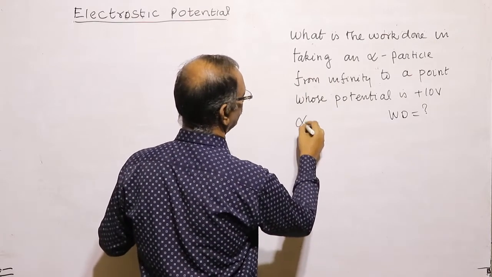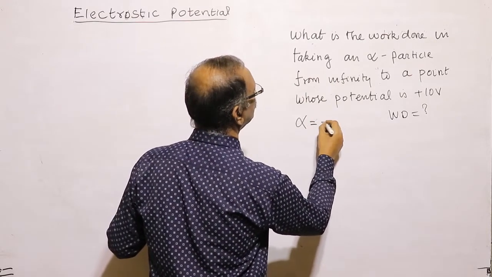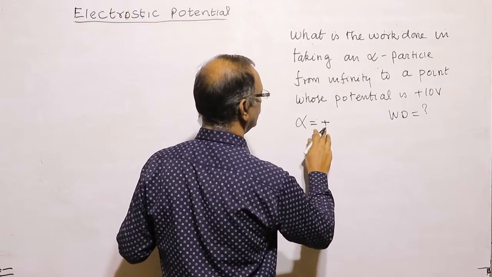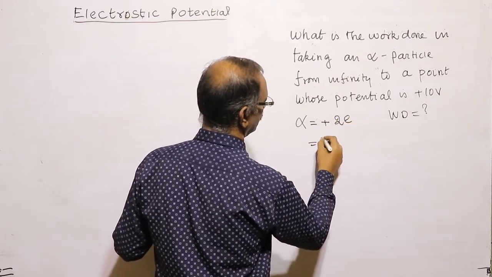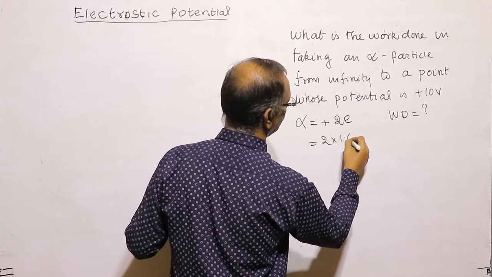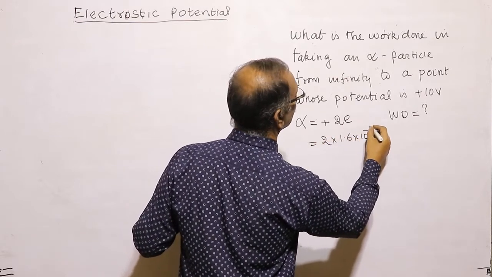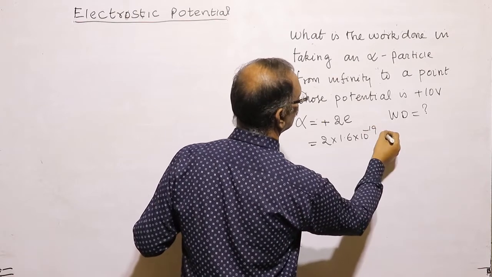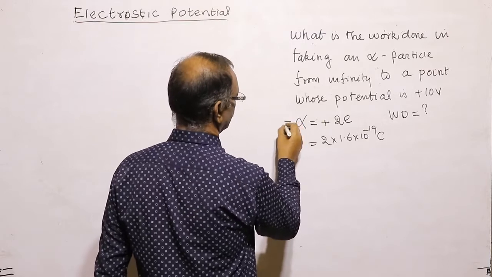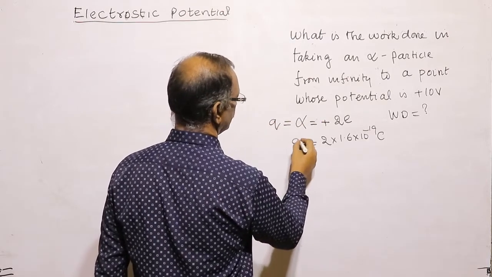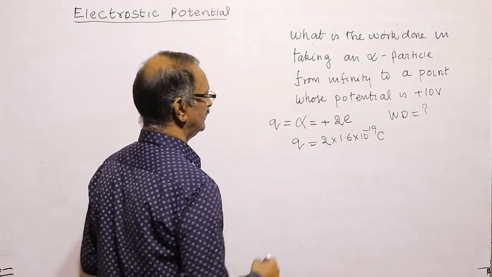alpha particle is equal to positive charge. Alpha is a positive charge having 2 electron. So it is equal to 2 into charge of electron, 1.6 into 10 to the power minus 19 coulomb. So for the alpha particle, this is the charge. So Q is equal to this much, which is equal to,